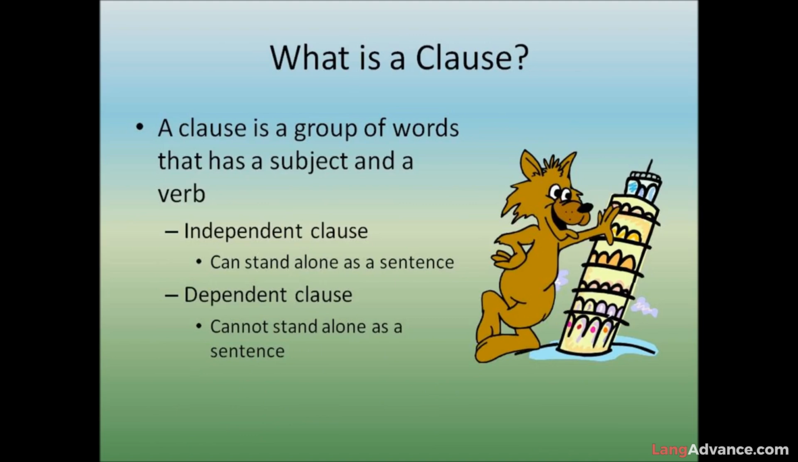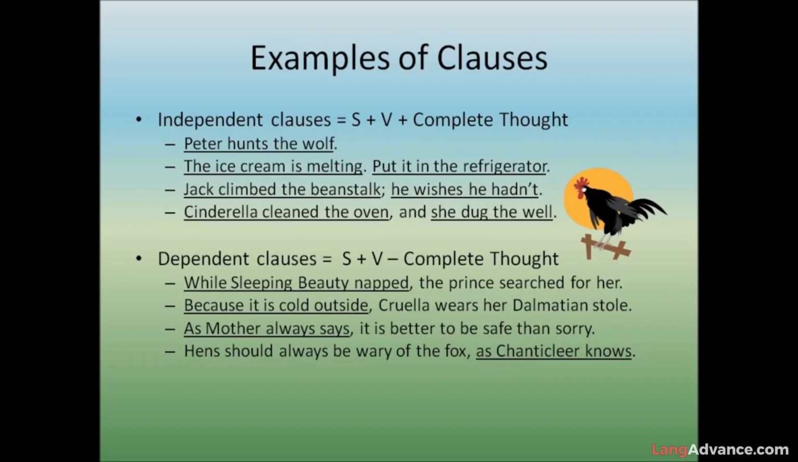A clause is a group of words that has a subject and a verb. A clause can be an independent clause, which is a clause that stands alone as a sentence. A dependent clause cannot stand alone as a sentence. For example, some independent clauses, which look exactly like sentences, include: Peter hunts the wolf. The ice cream is melting. Put it in the refrigerator. Jack climbed the beanstalk. He wishes he hadn't. Cinderella cleaned the oven. She dug the